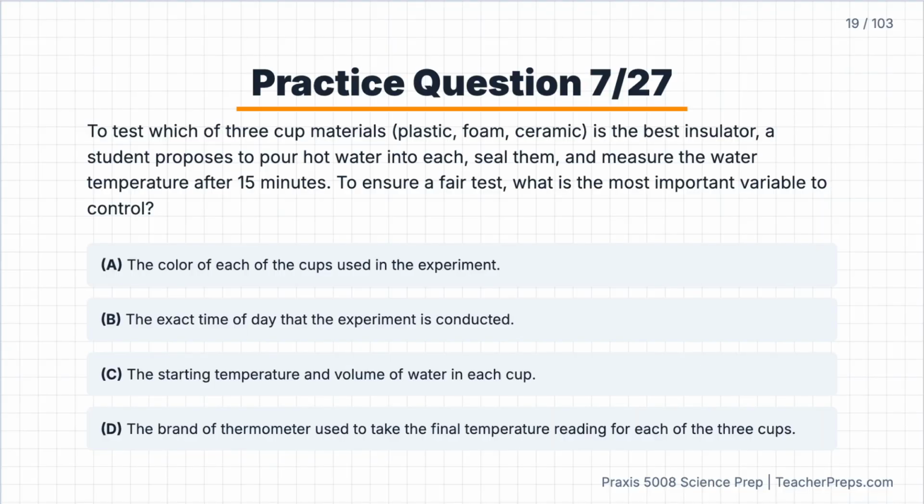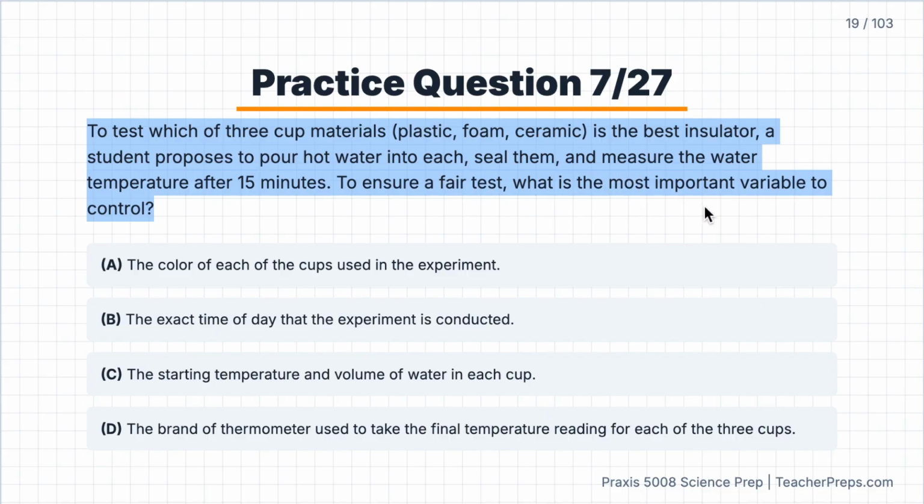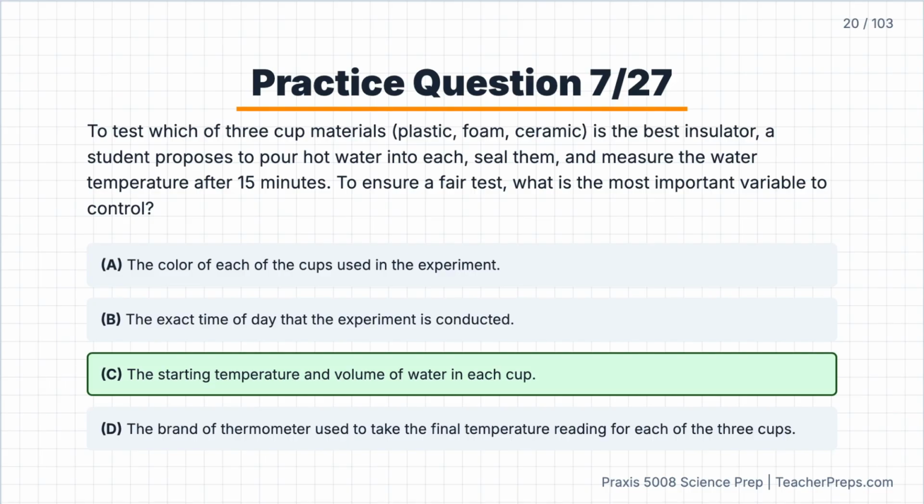Question number 7 asks, to test which of 3 cup materials, plastic, foam, or ceramic, is the best insulator, a student proposes to pour hot water into each, seal them, and measure the water temperature after 15 minutes. To ensure a fair test, what is the most appropriate variable to control? Choose the best response. All right, for question number 7, the best is option C, the starting temperature and volume